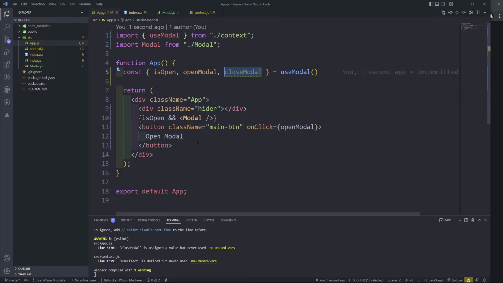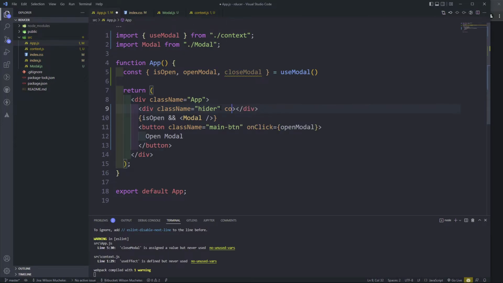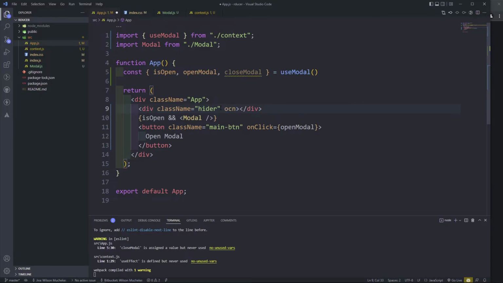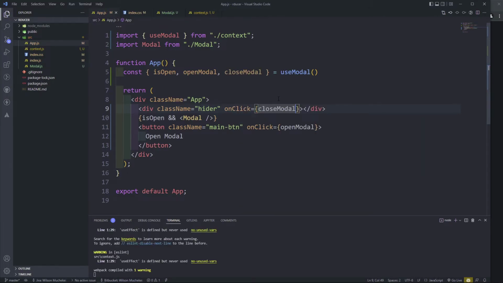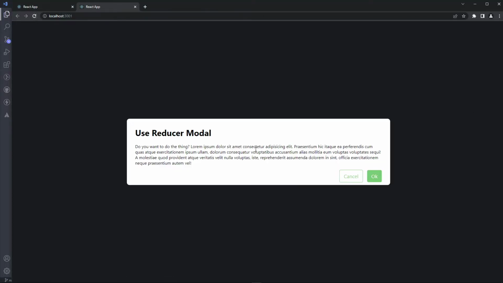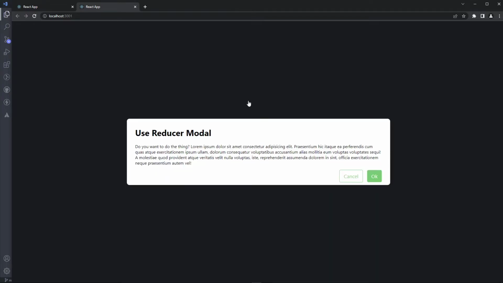CloseModal. So on click the header, onClick. What am I doing? onClick. So here we're going to close the modal. Okay. So refresh. When I open, it opens. When I click, it disappears. Okay. So that means our header is working. Okay. When I click the header, it's